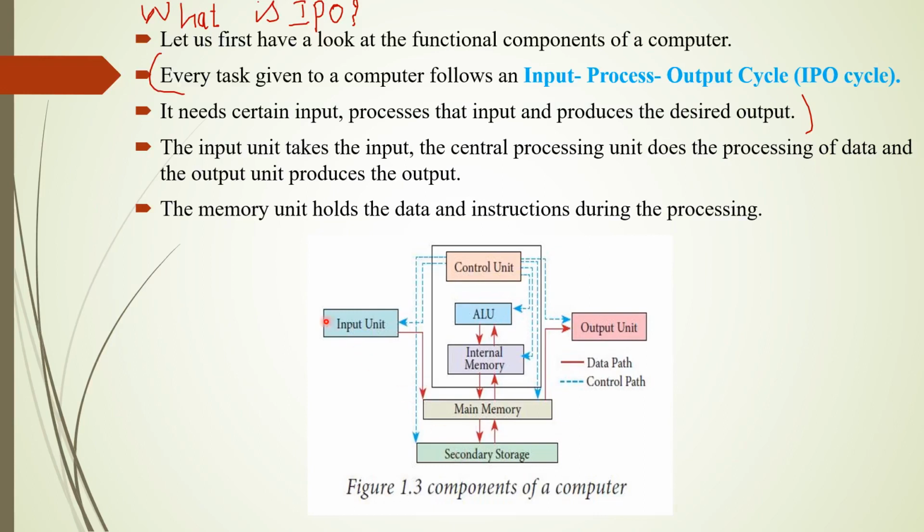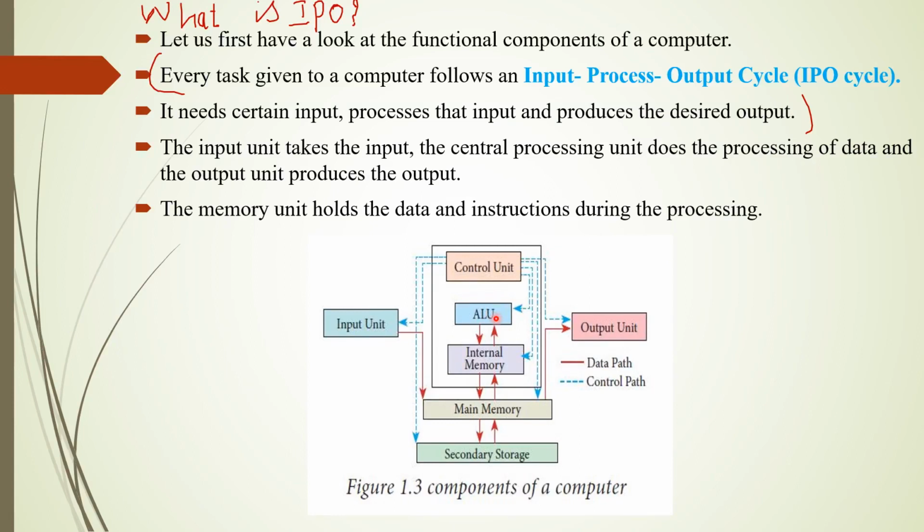Listen carefully, guys. The input that is given by us with the help of keyboard or mouse or anything moves from here to here. Then it moves on to the main memory. Afterwards, the content present in the main memory is moved to secondary memory. Then some process is done, and again it moves on to the main memory. Afterwards it moves on to the internal memory. And if there is an arithmetic operation, it will execute something.